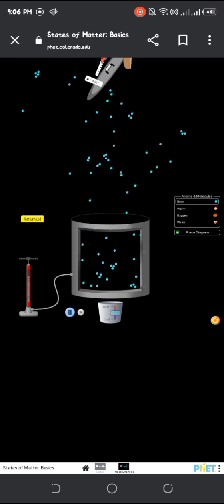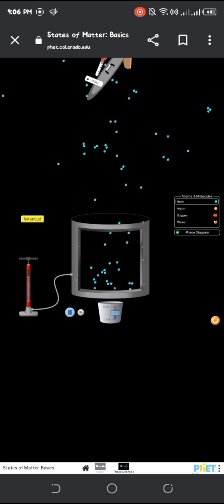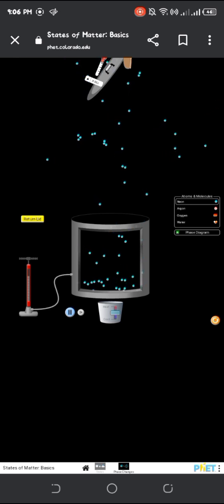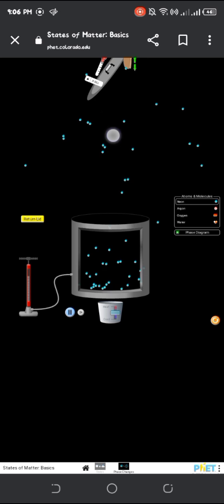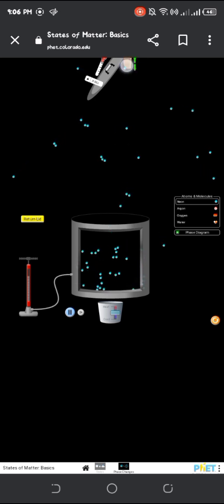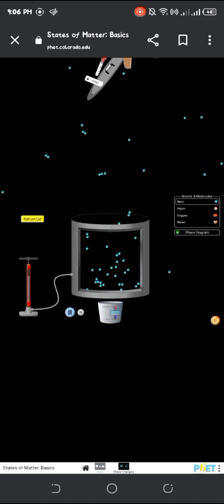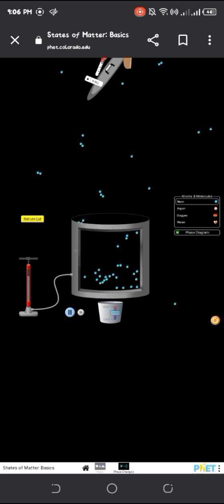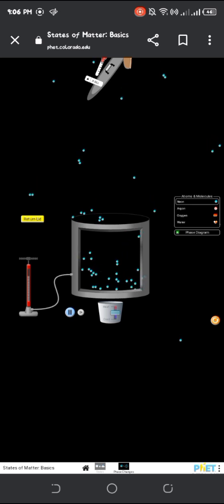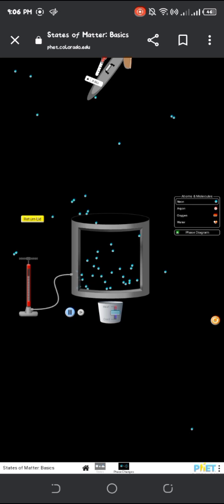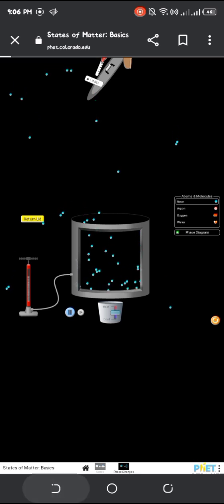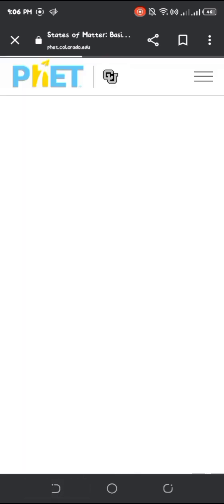It simulates when you compress the jar or container that you have, and the atoms are going to explode because of the pressure. So that's the simulation about the states of matter and basics.